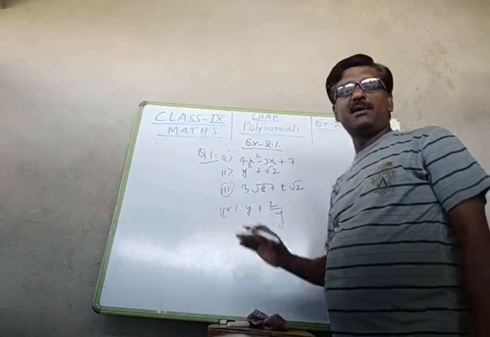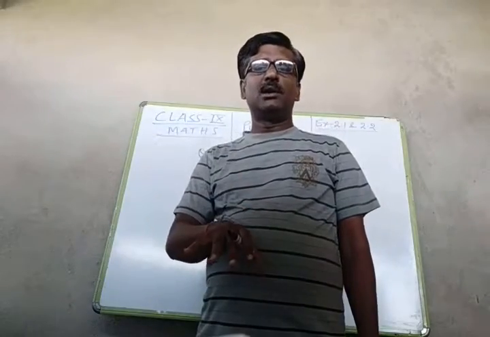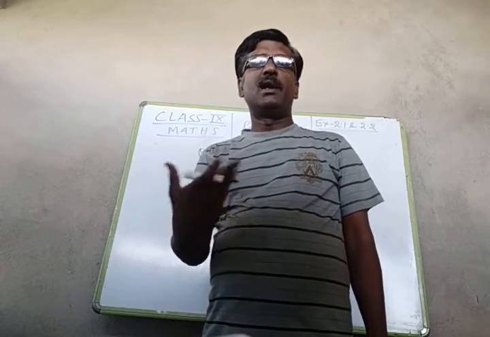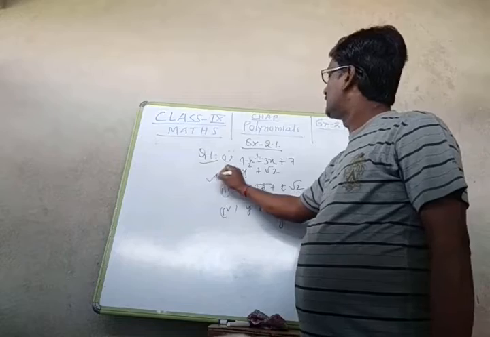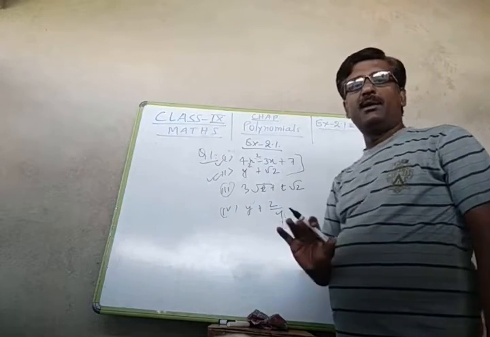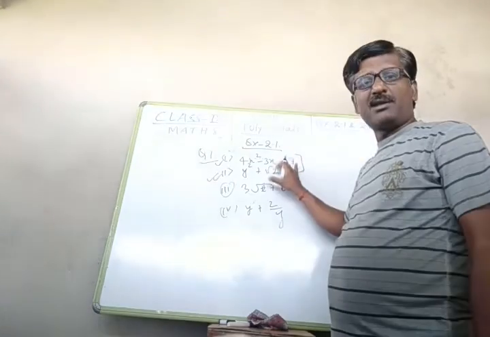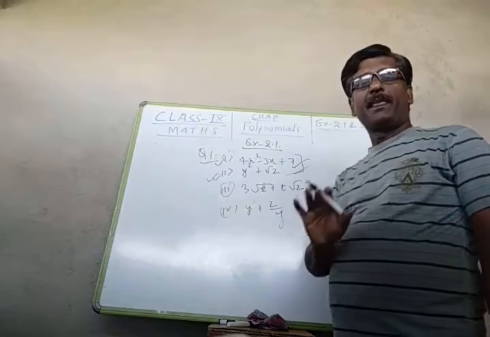On these expressions, I have just told you that an expression in which the power of each term is non-negative is a polynomial. So in the first and second, you know there is no power which is negative or fractional. So these two are polynomials.